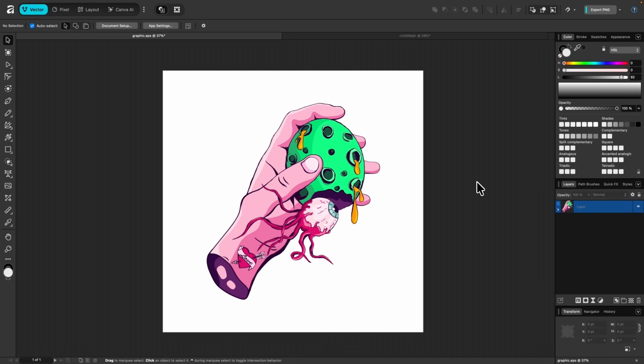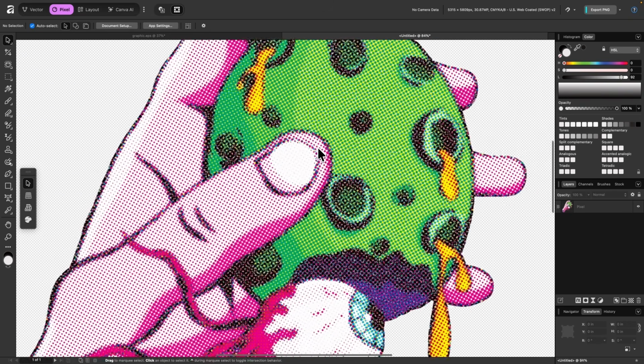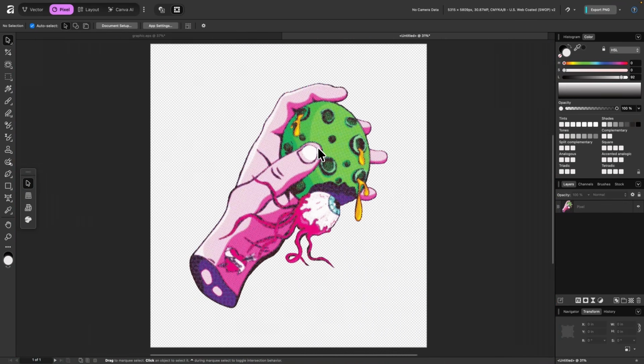In this tutorial, I'll be demonstrating how you can use Affinity for CMYK color separation by channel using halftones. For this demonstration, I have this example graphic that I'll be working with, and by the end of this lesson, I will have converted this graphic into a color-separated image that is comprised entirely of halftone dots, where every color that you see here is made up by some combination of C, M, Y, and K, which is cyan,